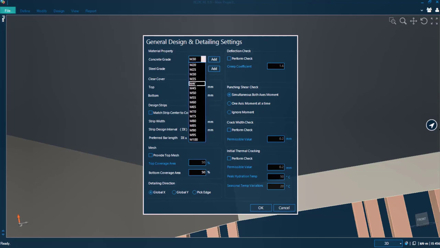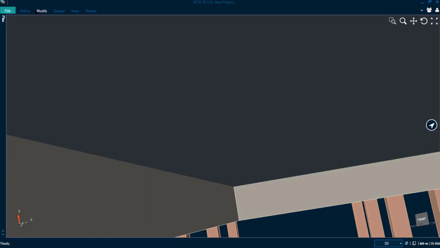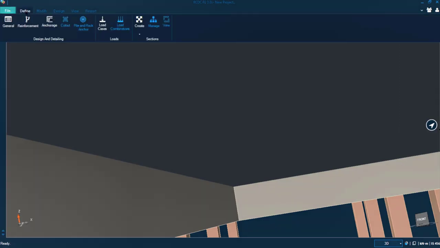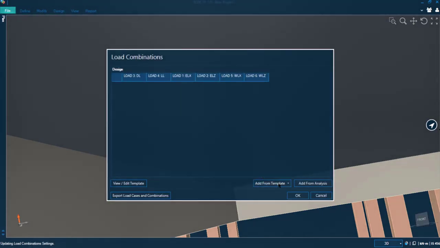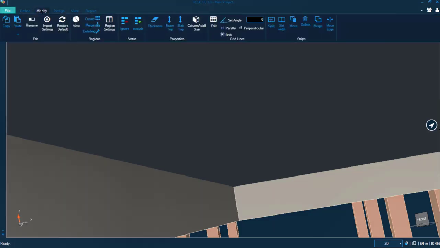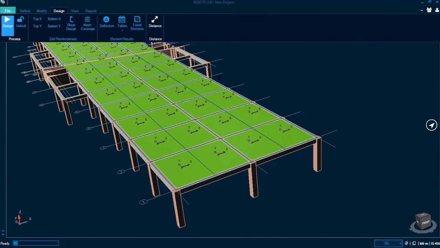The only thing is that we need to provide the detailing and design settings. So we need to provide the concrete grade or the steel grade and the clear cover value, whatever we have for the design of the slab system. Once each and every piece of information has been provided, like the reinforcement setting or the general design parameter settings, we need to create the load combination here, which can be automatically generated. All the design codes have been implemented, the ACI and the 456, and once the design has been performed,